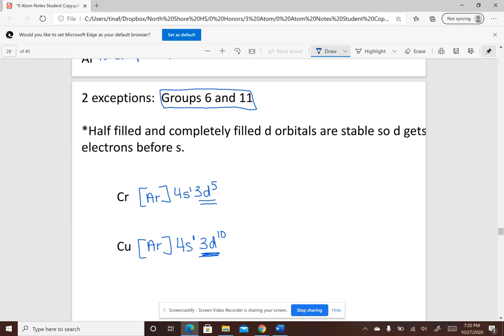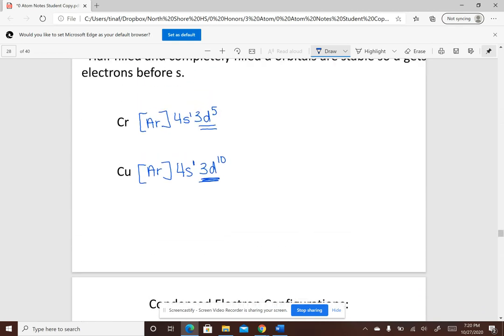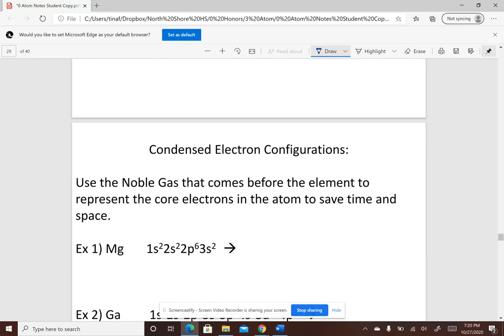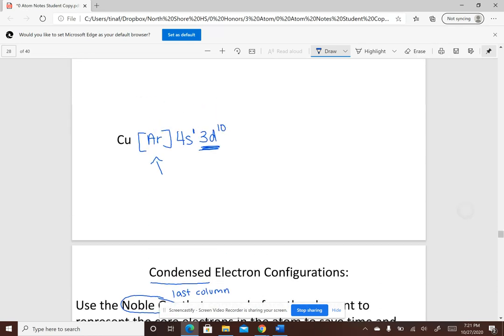Okay. All right. And one last thing to show you guys, and it'll make this make more sense if you don't know what I'm talking about. There's a way to write a condensed electron configuration. What you do is you look at the noble gas. The noble gas is the last column on the periodic table. You look at the noble gas column and at the one that came before the element that's given, right? So magnesium